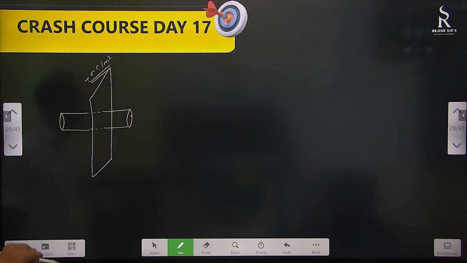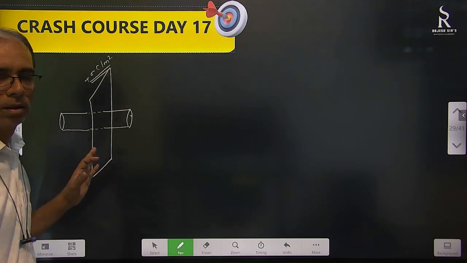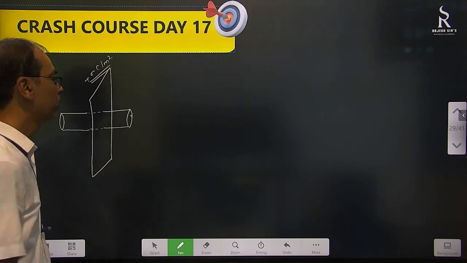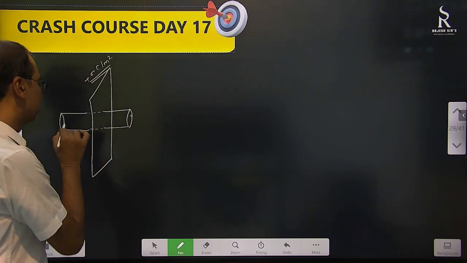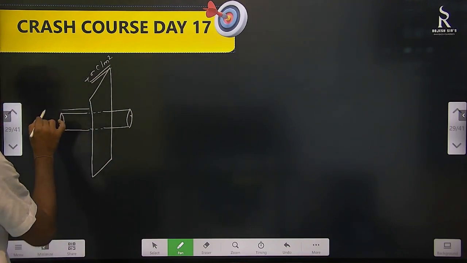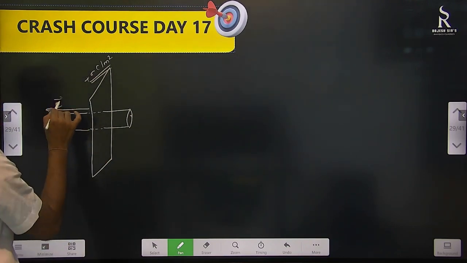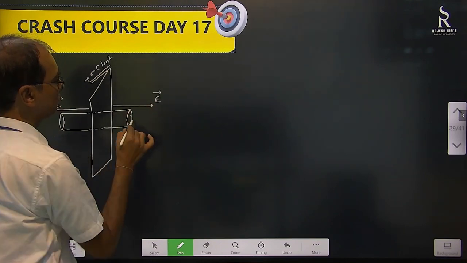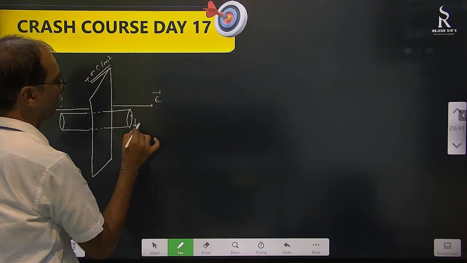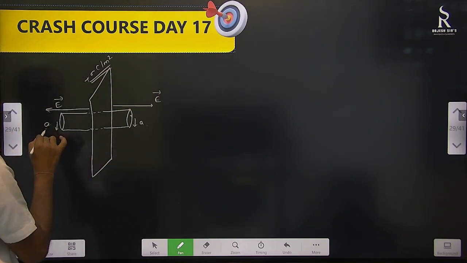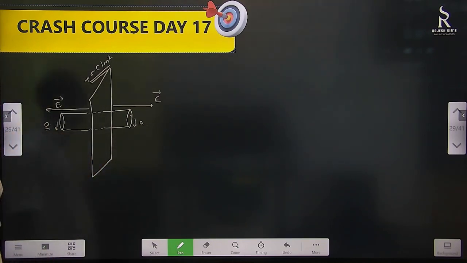This is a full cylinder. Why have we made it on both sides? Because the charge needs to be inside it. And the second thing is, whatever the electric field value is here, the same is the electric field value here also, because there is a charge here. So the electric field is like this also, and the electric field is like this also. Okay, this cylinder we have made, let's say its area is A, or rather its radius is A.